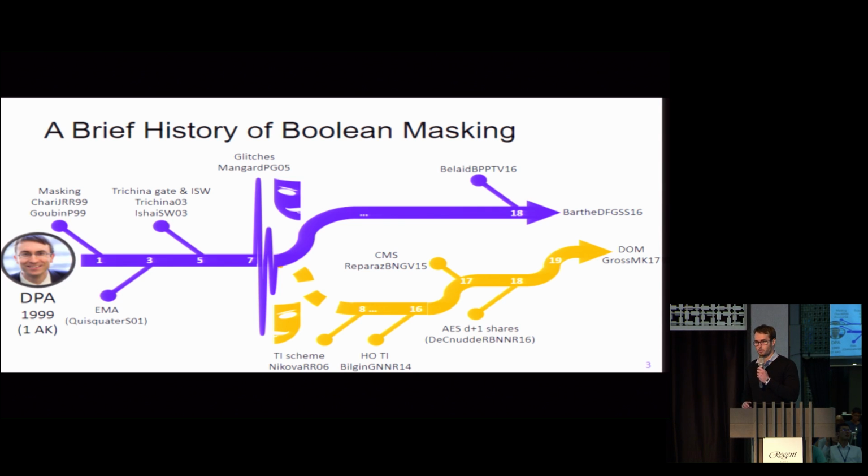Shortly after we became aware of the fact that side channel analysis is indeed a practical problem, the first countermeasures against DPA arose. Before Quisquater et al. showed that the situation is even worse than expected, but we continued working on more efficient masking schemes. And with the introduction of the private circuit scheme or the ISW scheme of Ishai et al., we